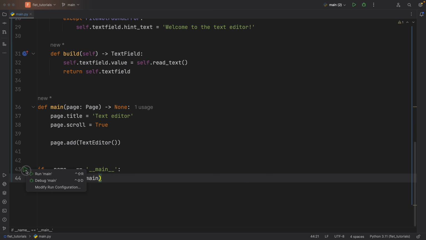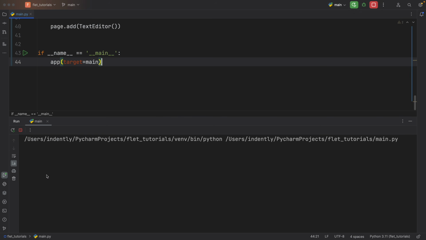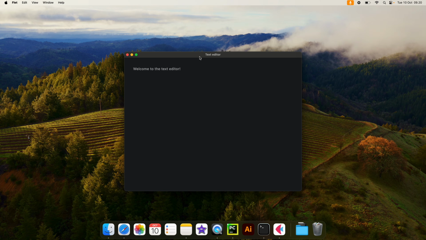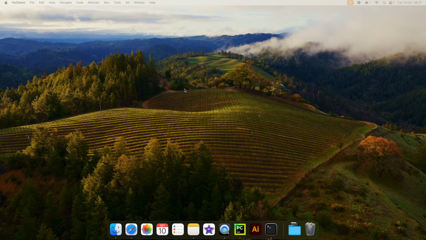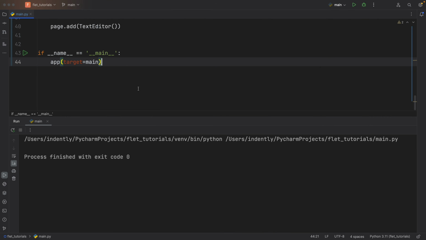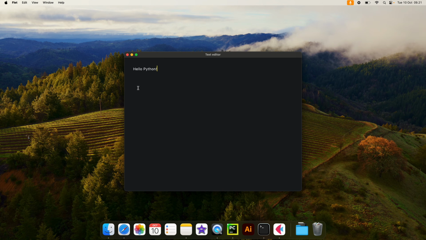And just like that, we can tap on this cool green arrow and it's going to load our text editor. And the first time it loads it, it's going to try to find that save.txt file, but since it cannot, it's going to raise a file not found error, leading us to have this nice hint. Now we can say hello Python with an exclamation mark, and it will save it each time we make a change to this text field. So we can easily close this, go back to our program and rerun it, and our text will still be